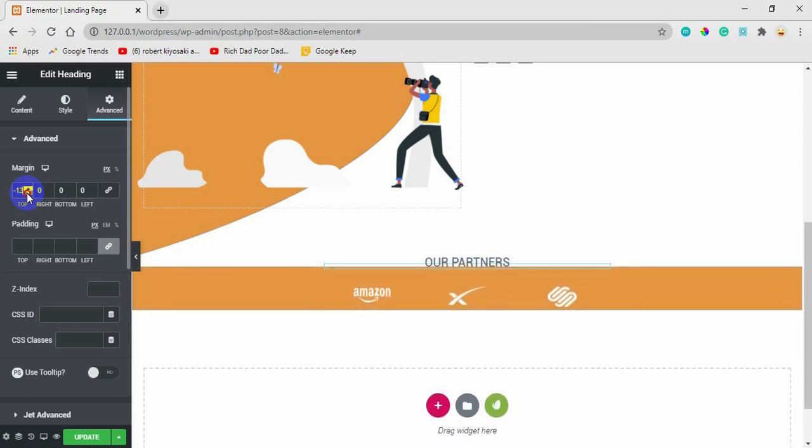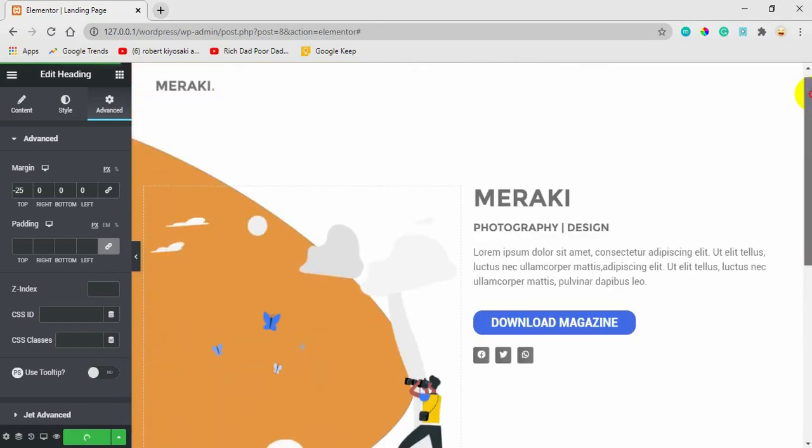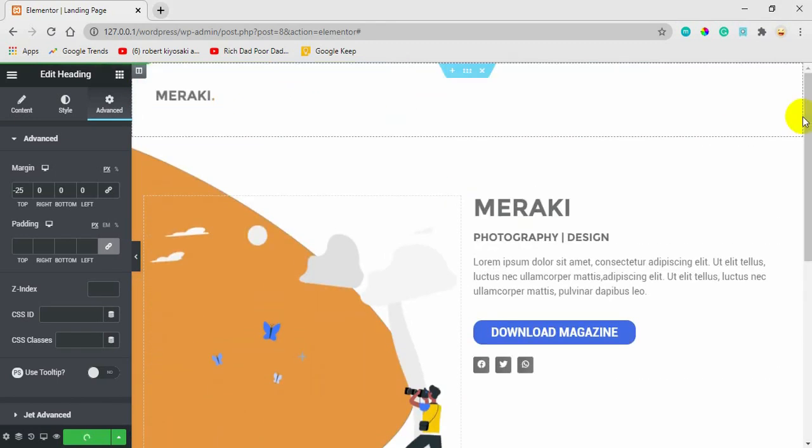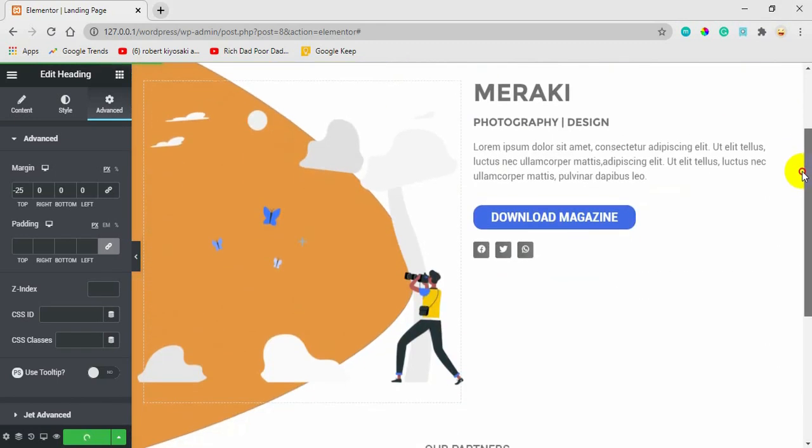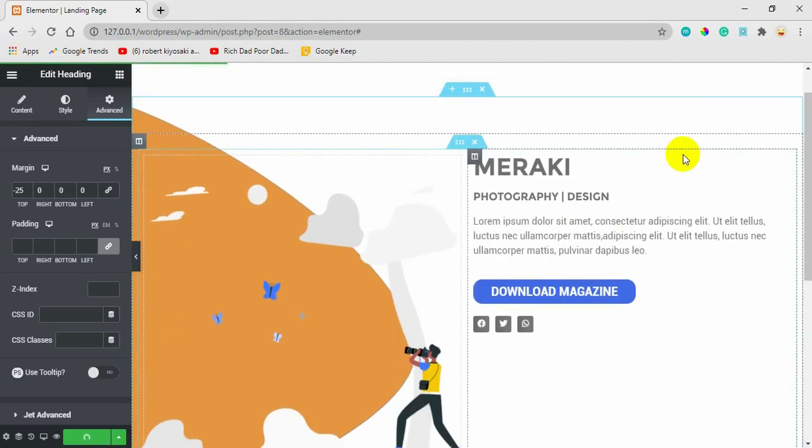Take it to, and let's see, minus 25 is okay. This is okay like this, and we are done. Make sure you update, don't forget to do that. So we are done with the menu section, which is this one here. We are also done with the hero section, this one here, but I feel,